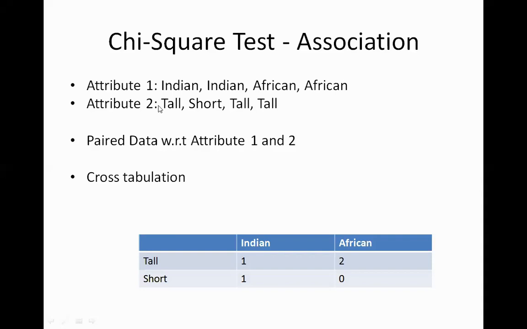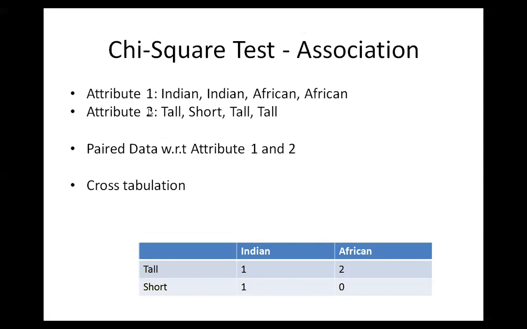we have two attributes, attribute 1 and attribute 2. I have taken this example where attribute 1 is nationality and attribute 2 is height. So attribute 1 can take two values, Indian and non-Indian. And attribute 2 can also take two values, either tall or short. So this is a very small sample size of